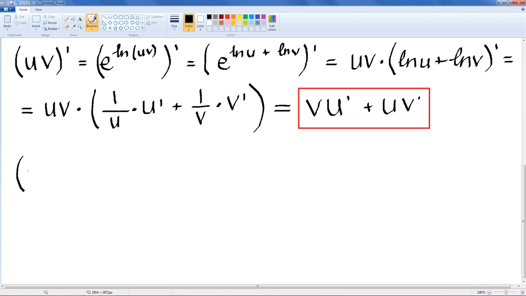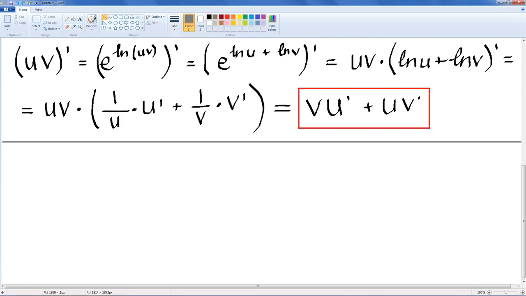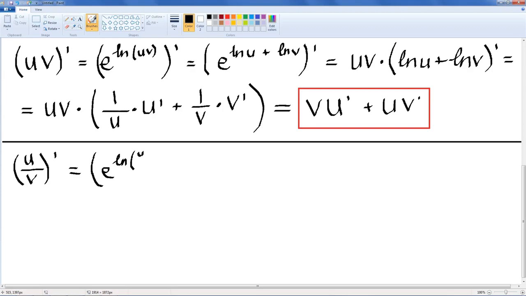Now, we're going to have, let me draw a line here. So this technique, as you can see, is very, very powerful. Okay, so it's going to be u over v prime. Now, how do we prove this? Well, we do the same thing, so it's going to be e to the ln of u over v, prime, and that is,